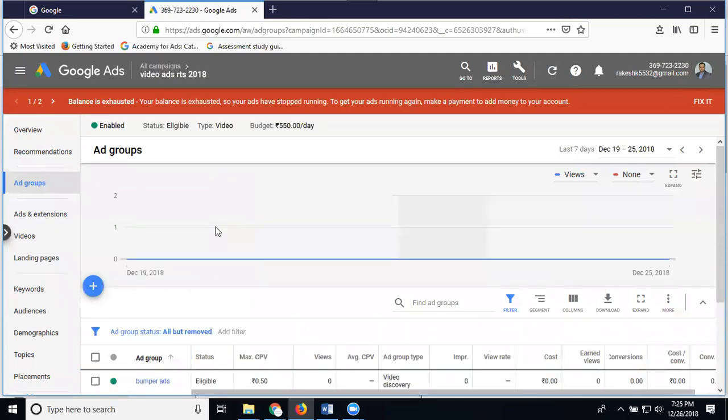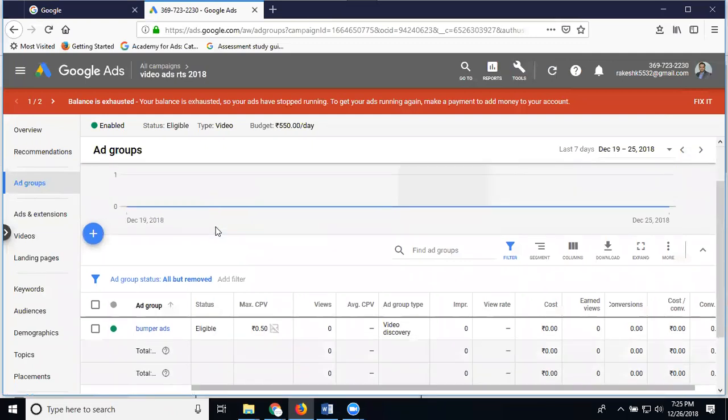When you go for CPM, they can accept only 6 seconds. We can go with CPV. They accept 15 second videos. Please note down. If you go with CPM, they support videos of less than 6 seconds.